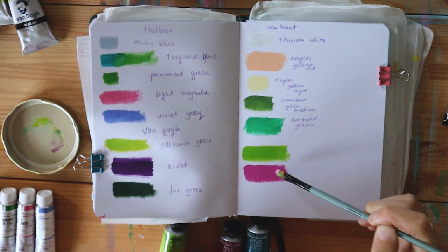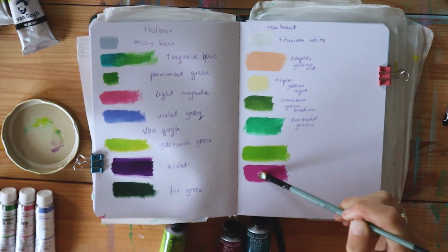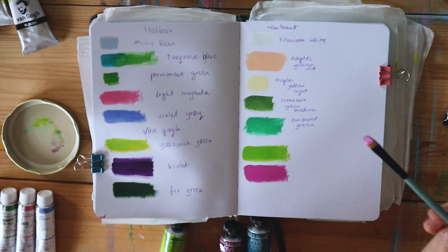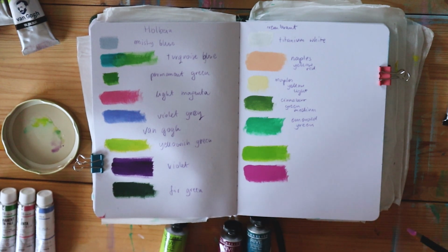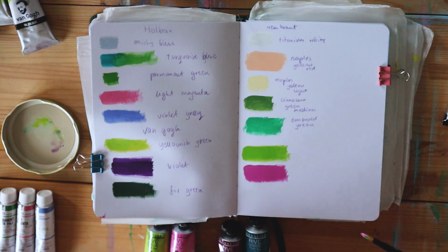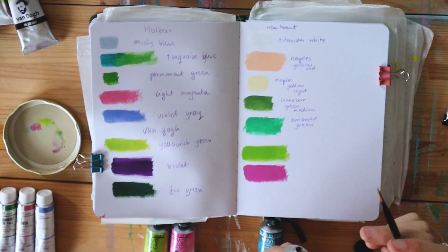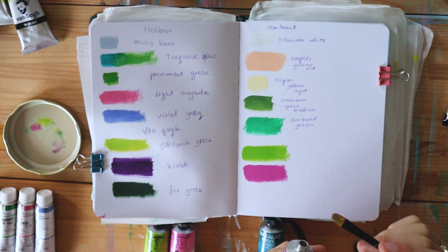Yeah, at first they feel a little bit more buttery and then they got this hard feeling, but they are really opaque. I think they're gonna be great. And the color is different than the light magenta. It looks similar in the camera, but it's actually a little bit darker and maybe goes more into the blue tones. Okay, now we have violet rouge, red violet,